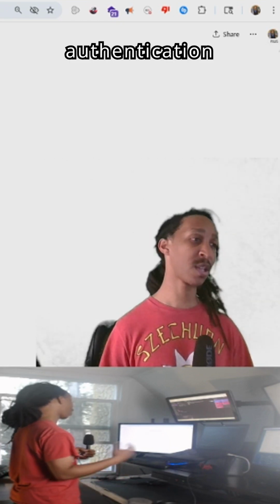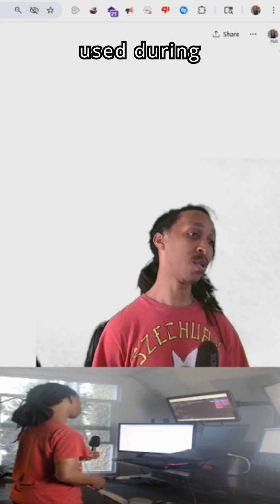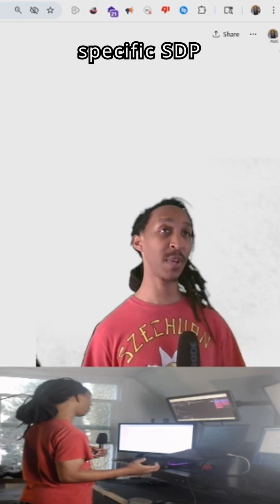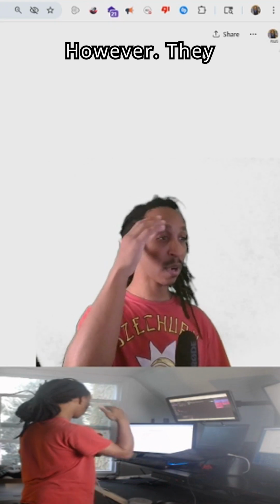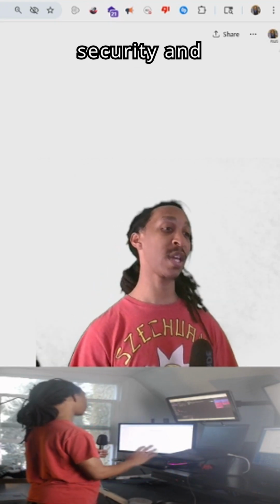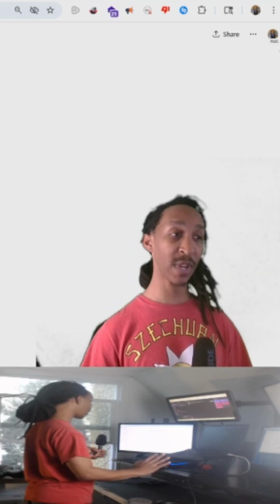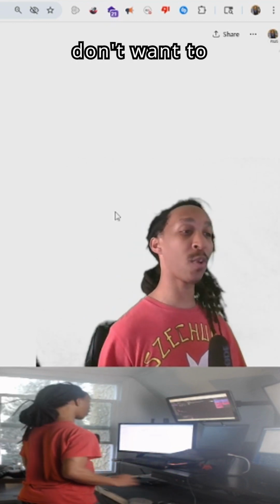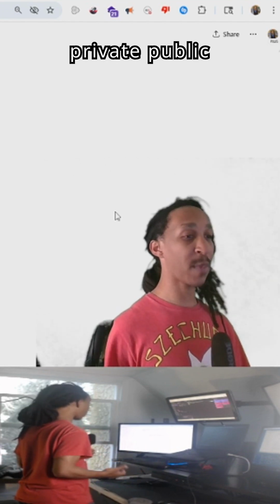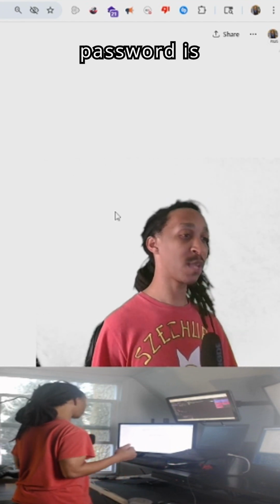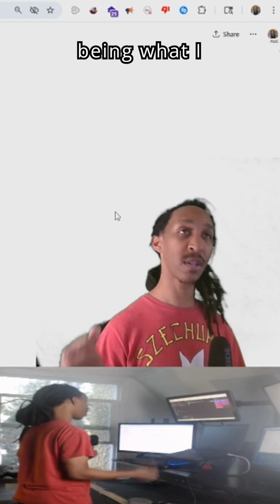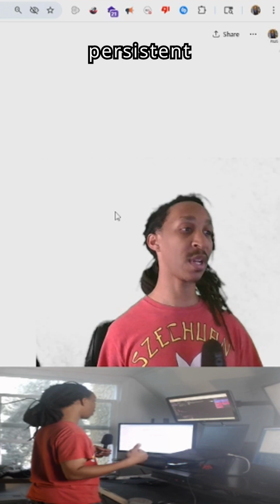They're technically just authentication credentials used during ICE connectivity checks and tied to a specific SDP session, right? However, they are defined in the ICE specs as single use for security and session integrity reasons. And so I say, nah, I don't want to be non-compliant, so I'll just make my own ICE and call it something else, but use a private/public key instead of a password. It is meant to not be single use, thus the name of the project being what I called it, persistent